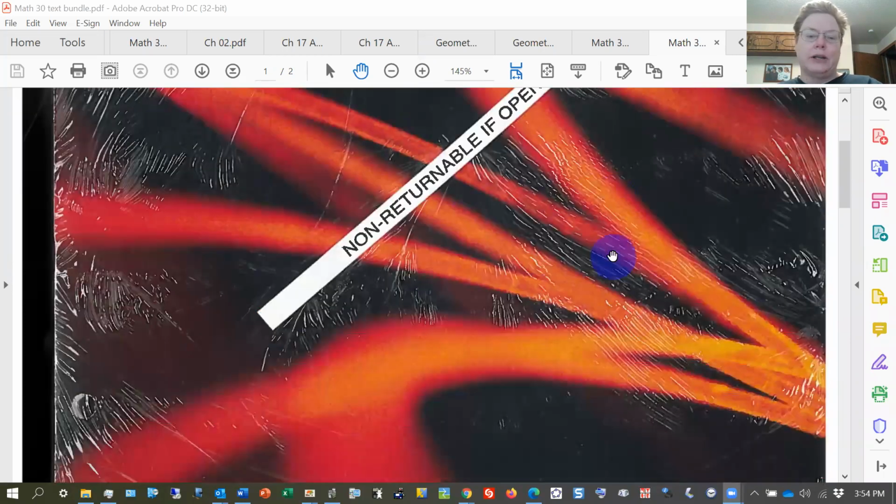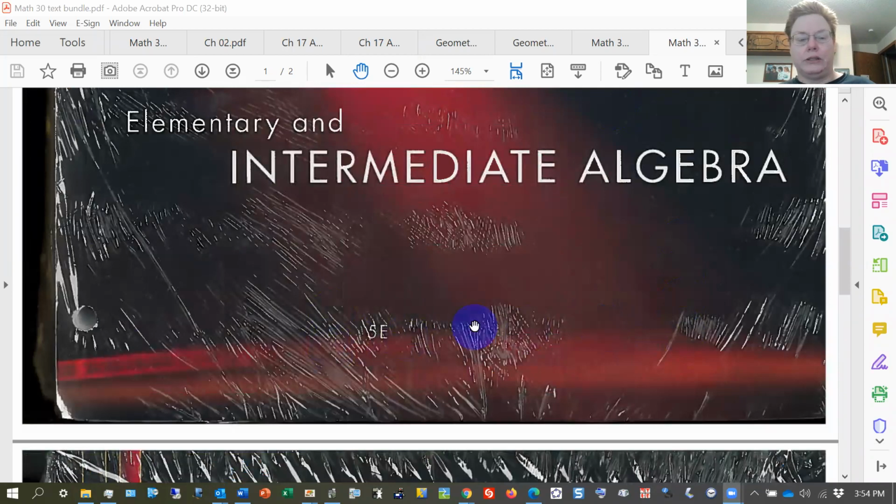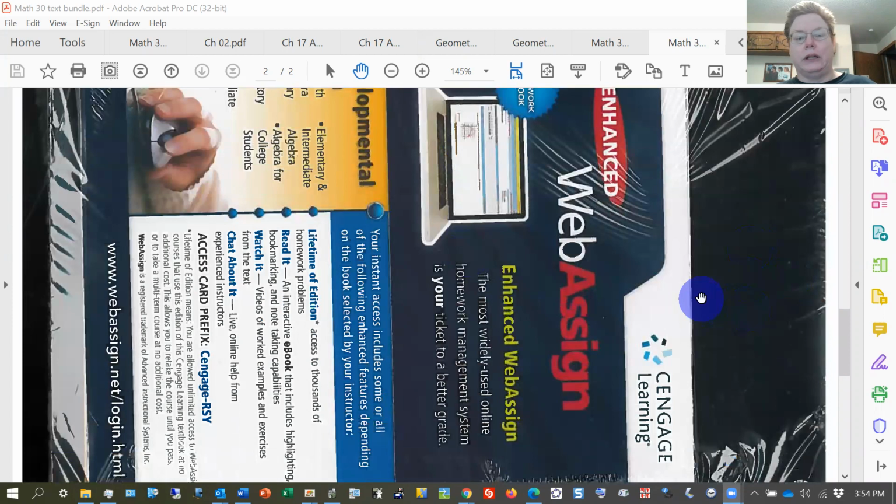If you bought your access code together with the two books all bundled together in that big loose leaf binder, if your book looked like this and you bought it at the bookstore, and the front of the book says Elementary and Intermediate Algebra, 5th edition, and the back of the book had your WebAssign Access Card,